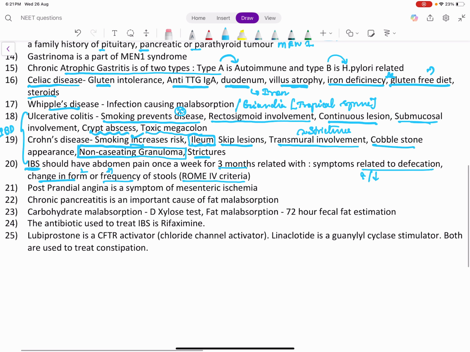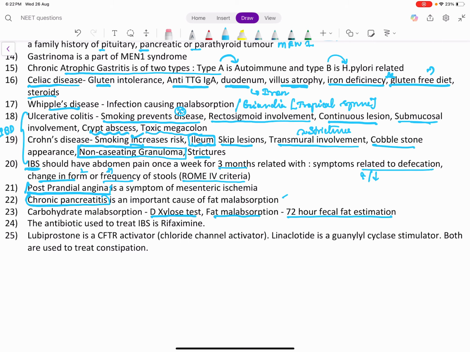Mesenteric ischemia, remember the symptom is postprandial angina because it's an artery or venous related disease. Whenever we talk about malabsorption, we should have specific tests. So for carbohydrate, see point number 23. D-xylose test is the carbohydrate malabsorption test. 72-hour fecal fat estimation test is for fat malabsorption. One important disease causing fat malabsorption is chronic